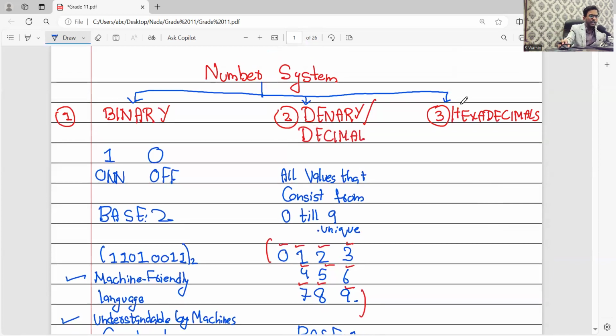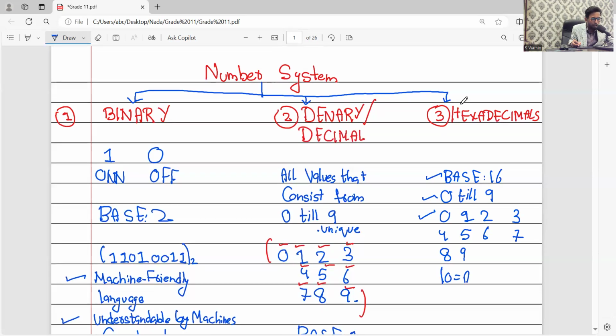The third area is to be known as hexadecimal. So hexadecimal is basically a base 16 number system. Why is it considered a base 16 number system? Because it has values from 0 till 9. 0 till 9 means it has values from 0, 1, 2, 3, 4, 5, 6, 7, 8, 9, and then